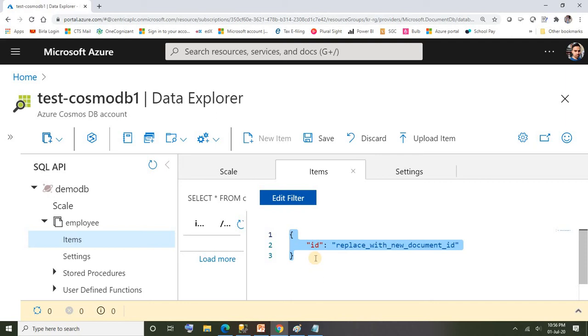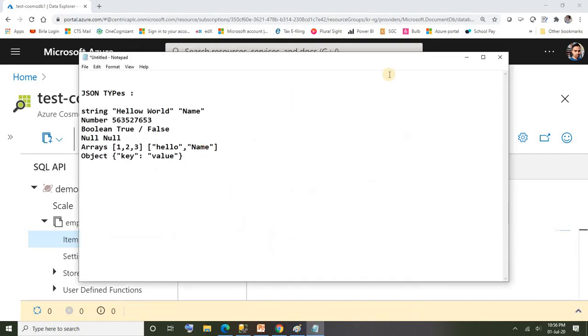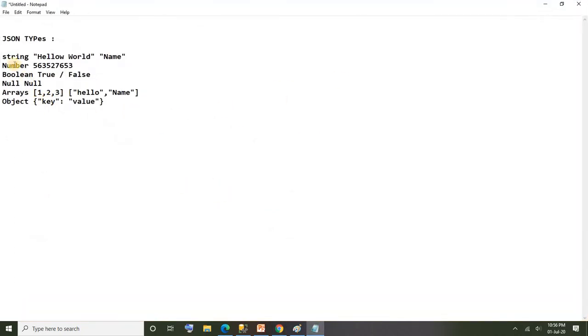Let's see what the different data types supported by JSON are. I have already listed them out here. JSON supports string data. Strings are given within double quotes. It supports numbers, and JSON also supports boolean data that will be either true or false, and it supports nulls.